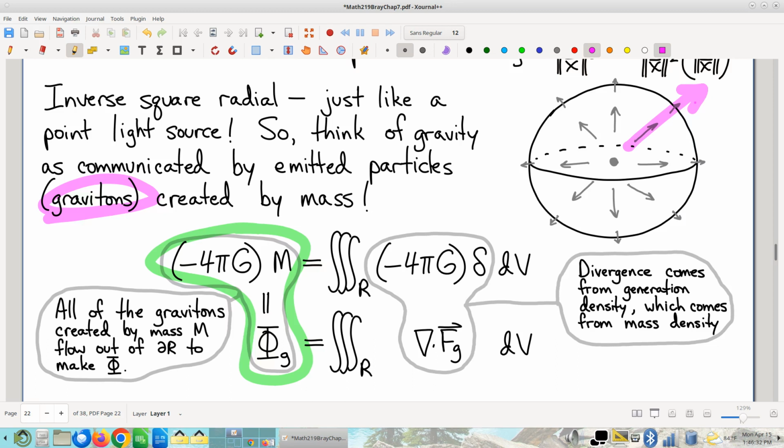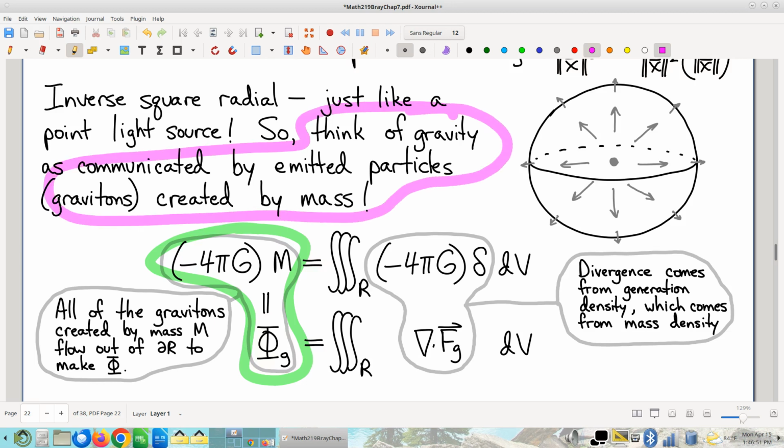Right? So this is a really, really powerful point of view, I think. Again, is it make-believe, is it not make-believe, doesn't matter, right? It's as good as true, and so we might as well think of it that way. Thinking of gravity like this makes for a really easy argument for understanding the relationship between mass inside of a closed surface and the gravitational flux through that surface. Again, the more light bulbs you have on the inside, the more light's going to hit the surface. It's as simple as that.